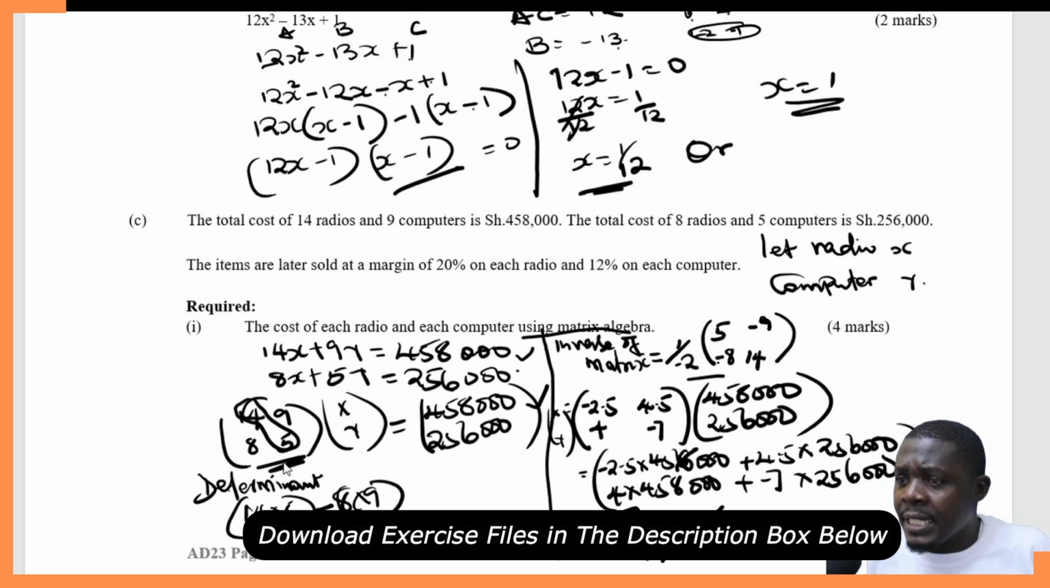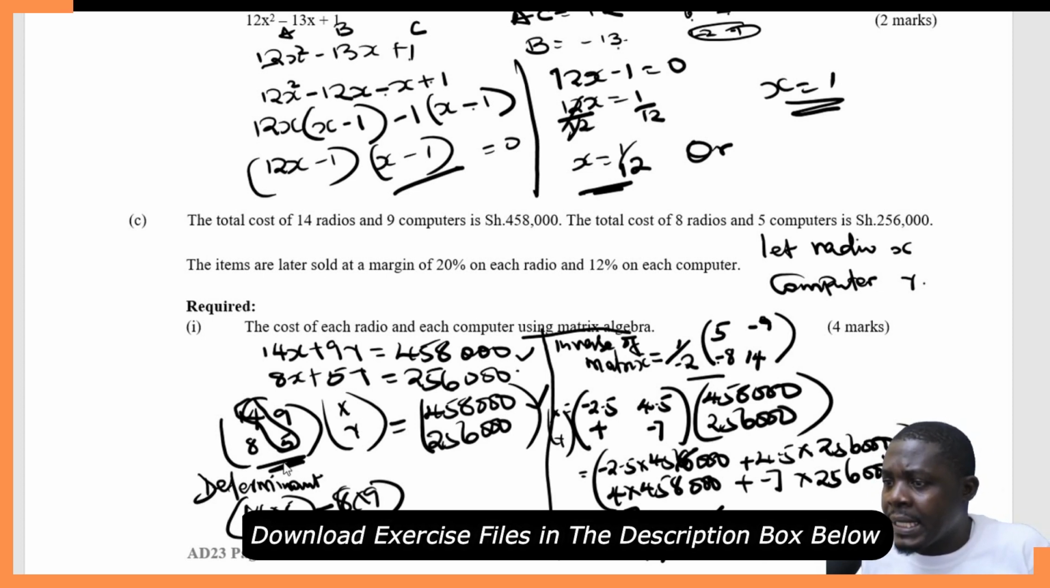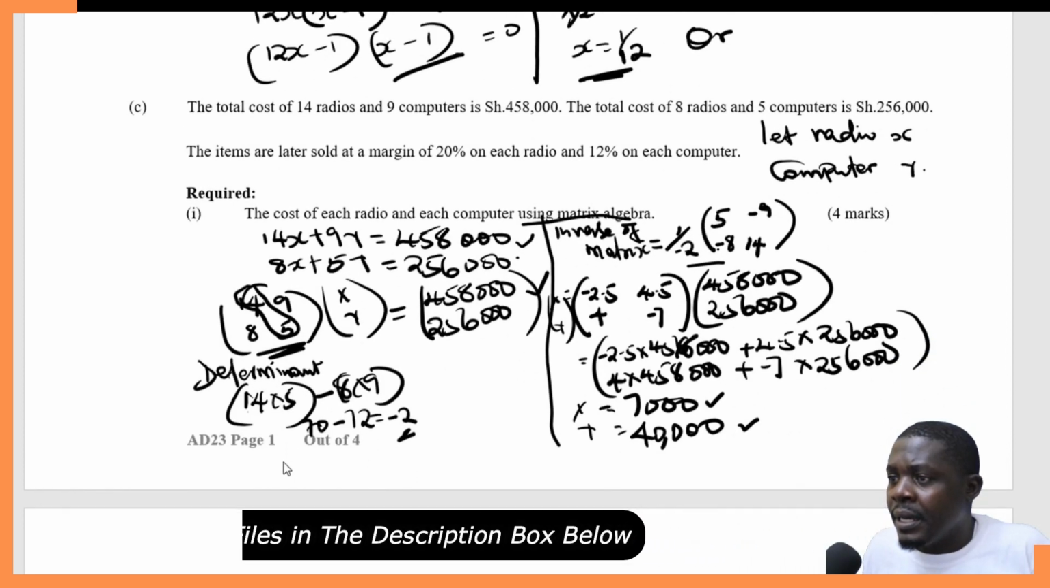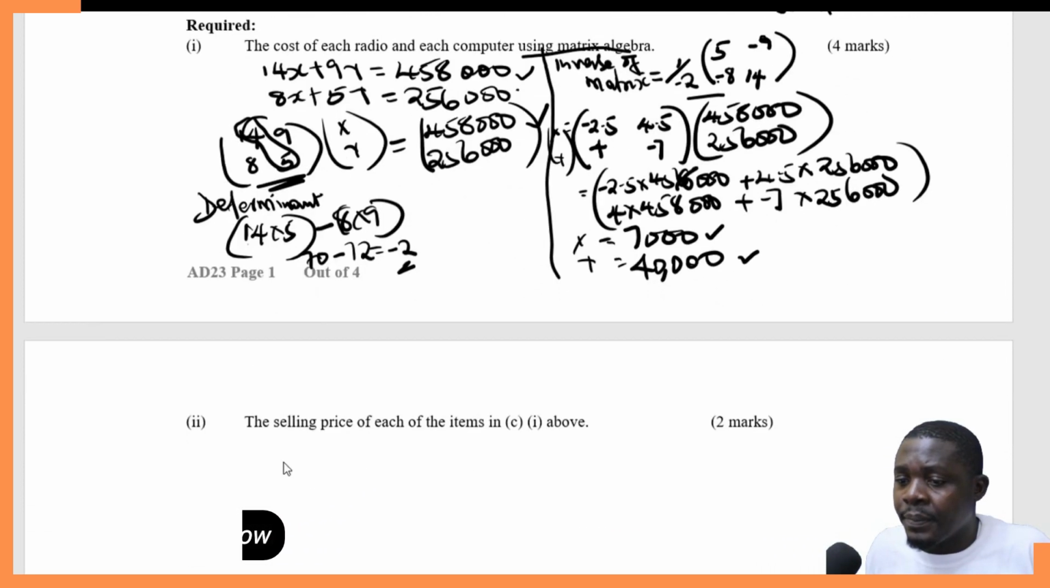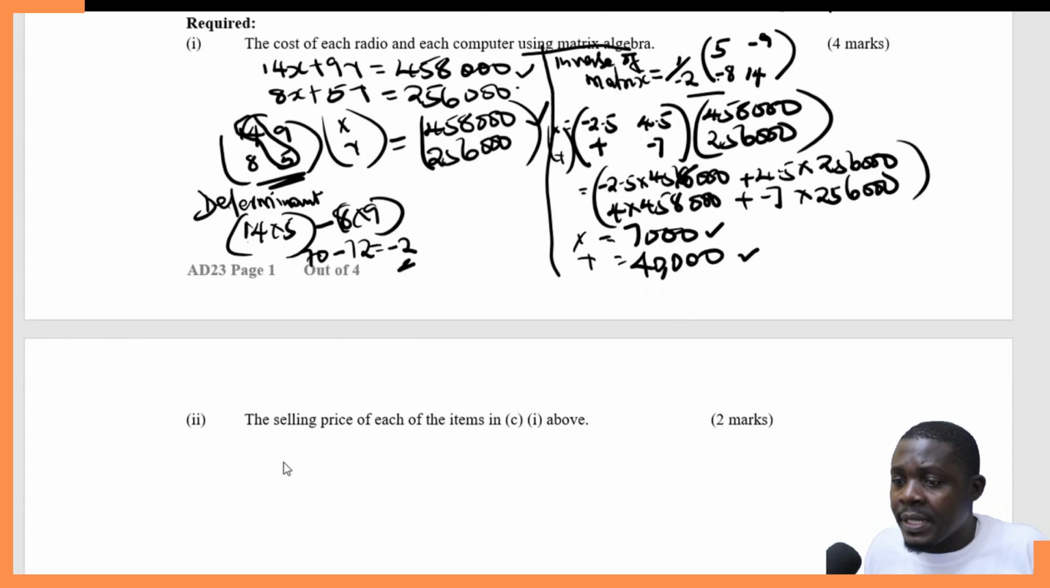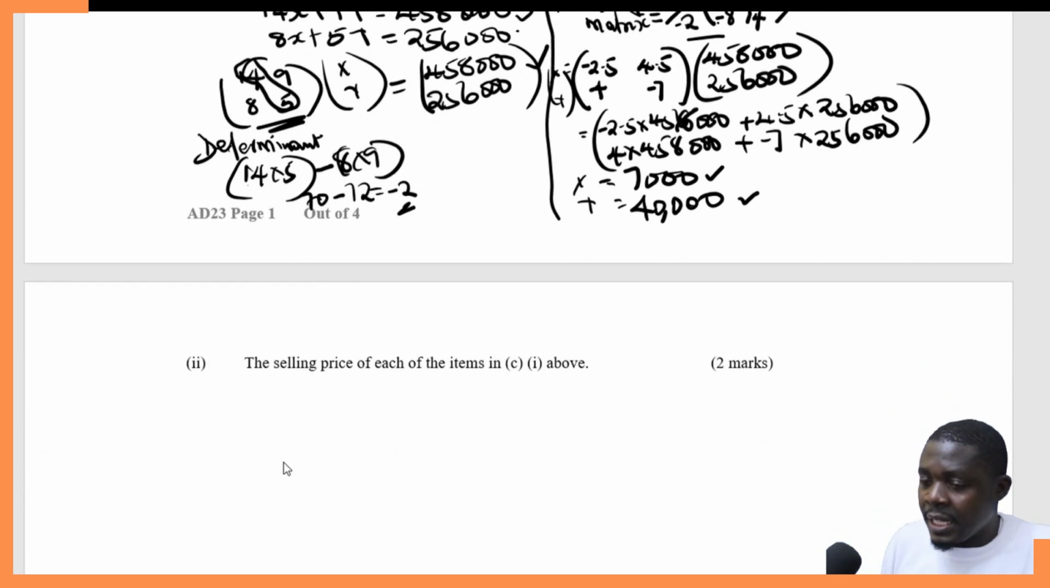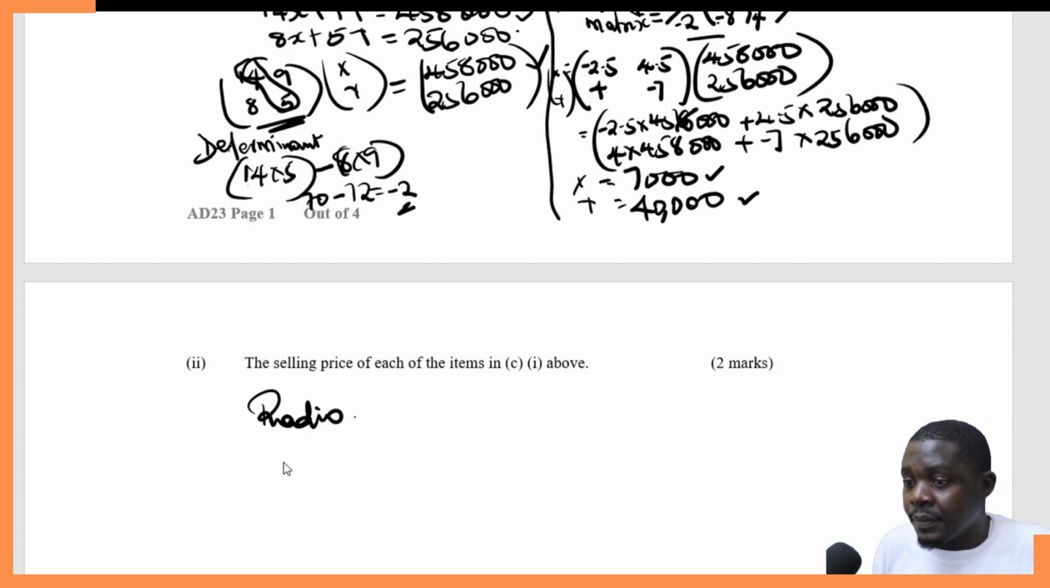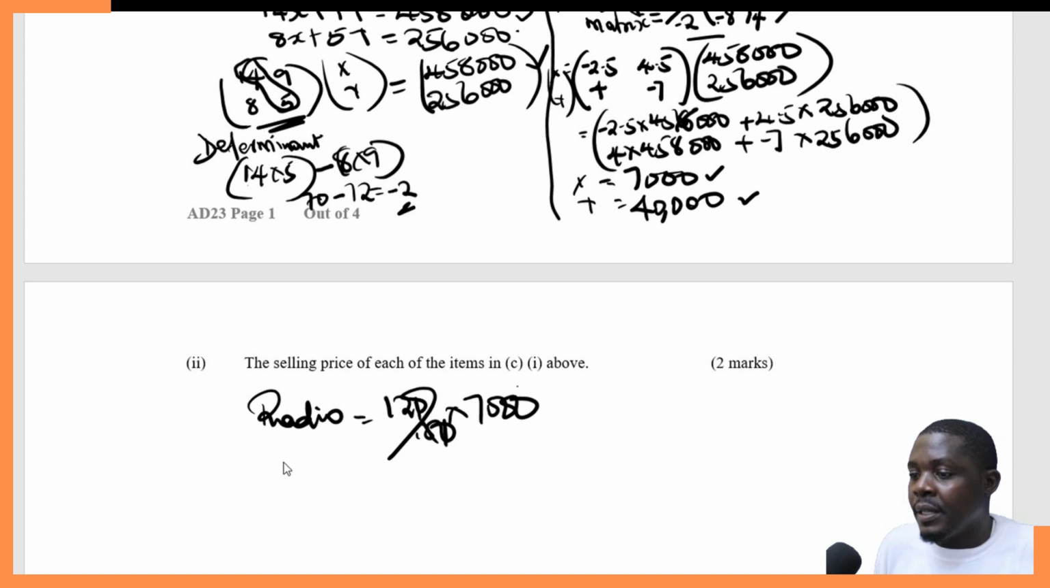The items are later sold at a margin of 20% on radio and 12% on computer. Problem 2, we are told determine the selling price of each. Let's calculate the selling price of a radio. That is going to be 120 over 100. I multiply by 7,000. We get something like Kenya shillings,